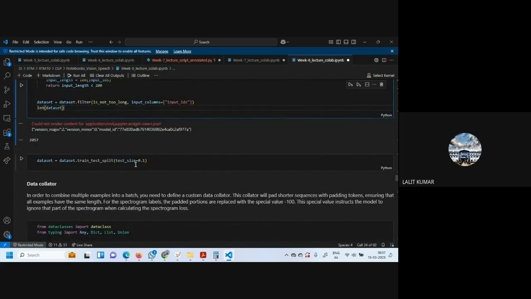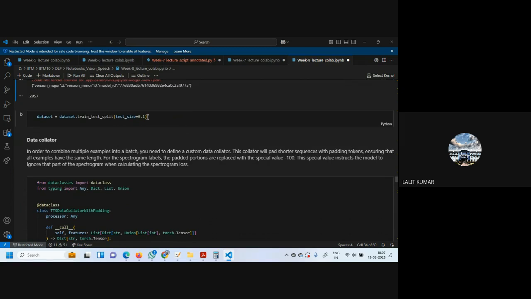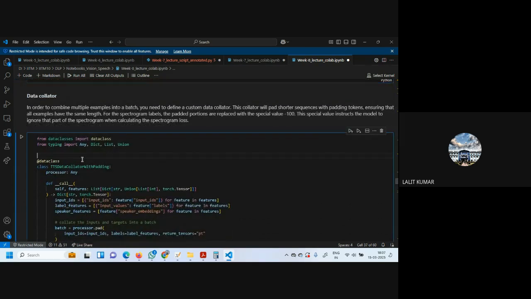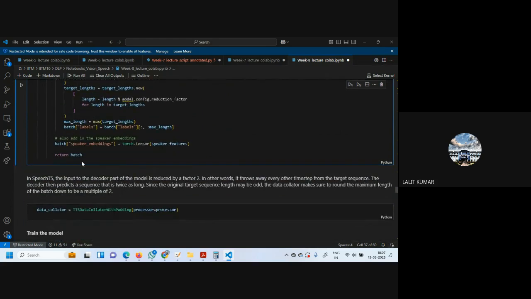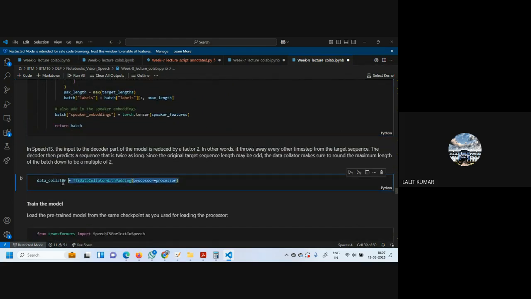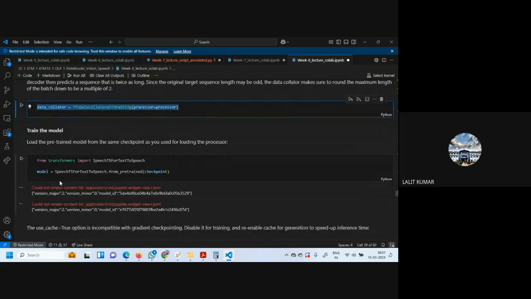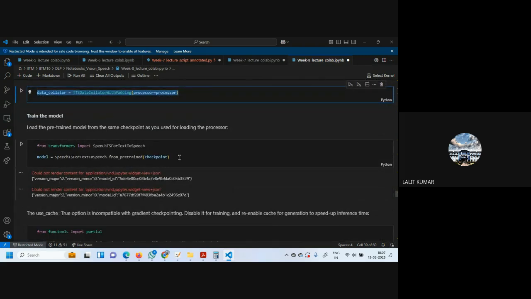We pass this prepare function on the dataset, we make the train-test split, then we make the data collator, the same one, only your input and output will be different. We prepare the data collator. Now this is the model which we are using. The model is SpeechT5 for text to speech, from pretrained.